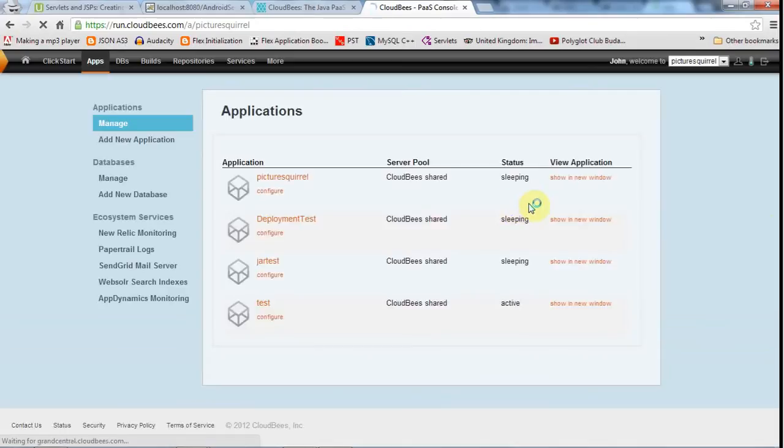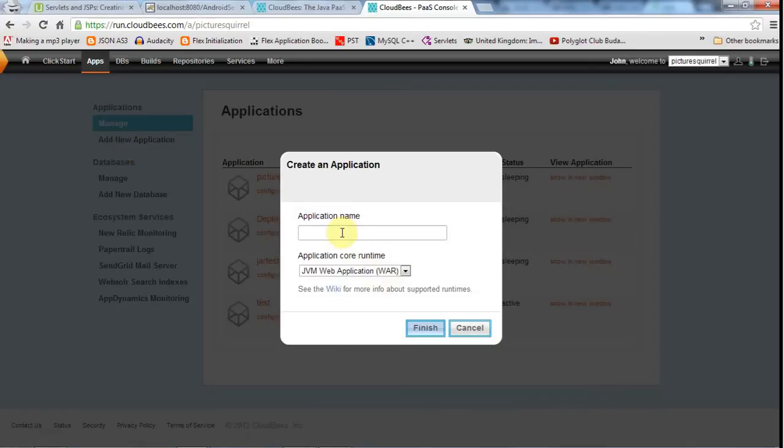You can even have a free database of up to 5 megabytes to work with your application. And I'm going to click add new application, and let's call it Android server. Click finish,